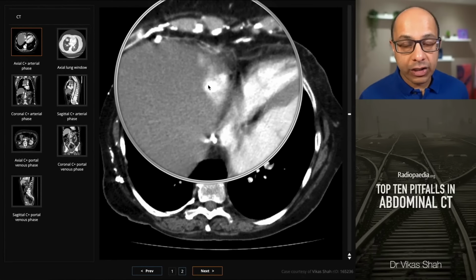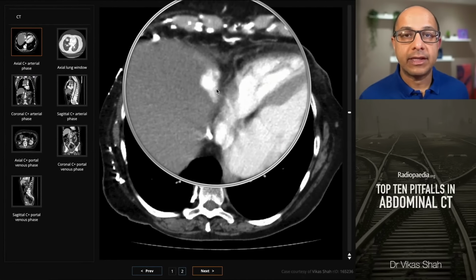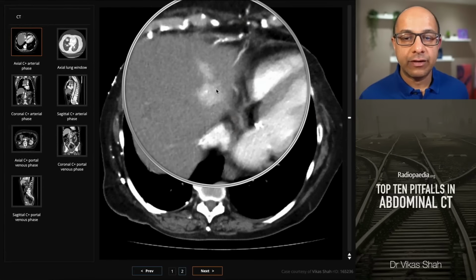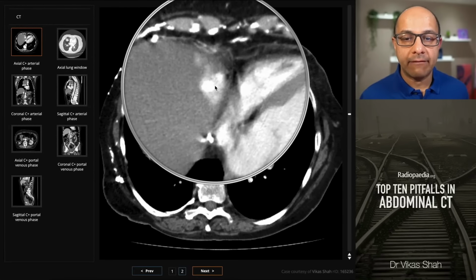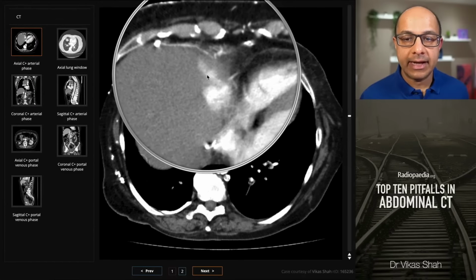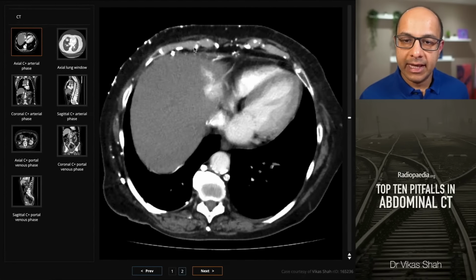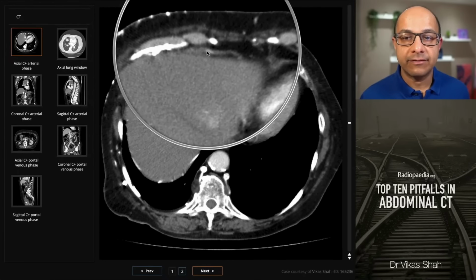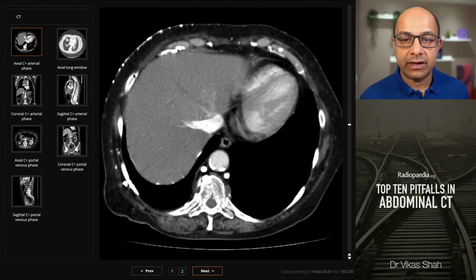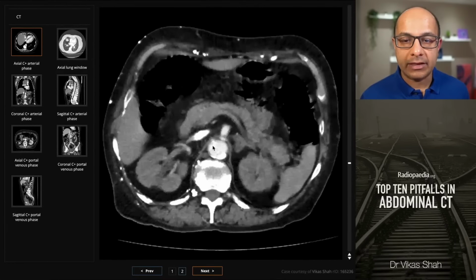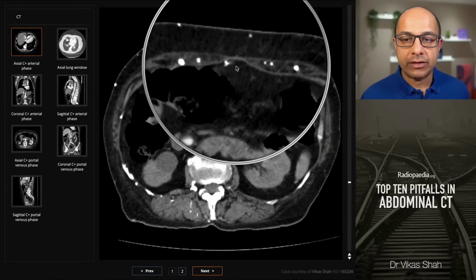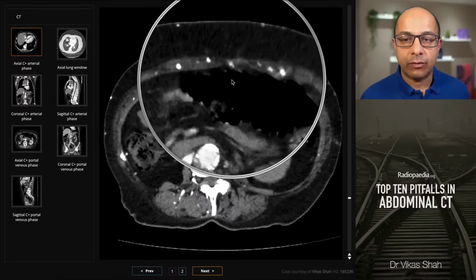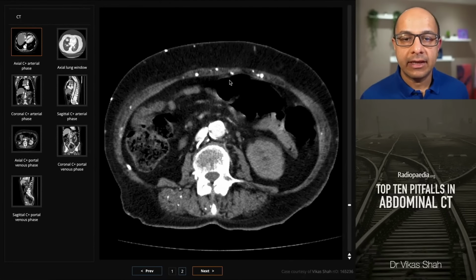and as we scroll down to the abdomen then we see that there is an unusual area of enhancement within the left lobe of the liver, and there are in fact two areas. There's one here, very highly dense area, and then next to it slightly softer enhancement. And we also notice that there are numerous venous channels adjacent to the surface of the liver and in the anterior abdominal wall as well. And as you keep scrolling you see them here within the anterior abdominal wall converging in the region of the